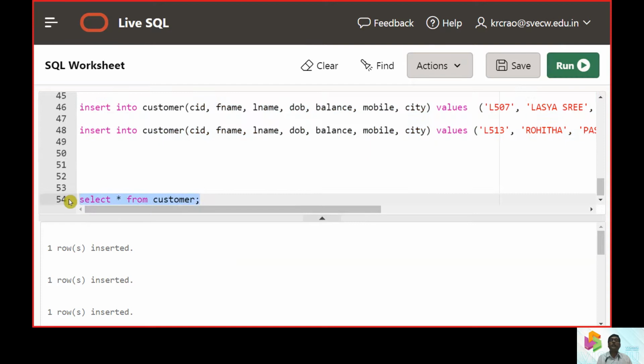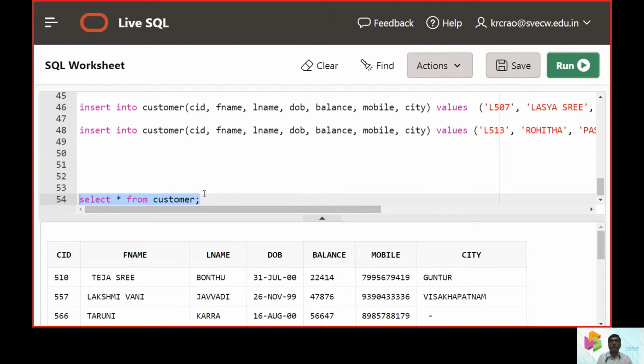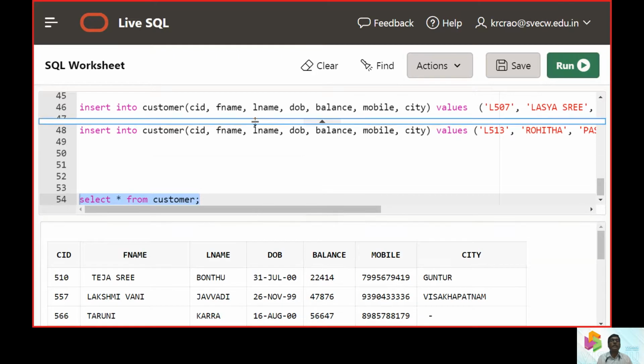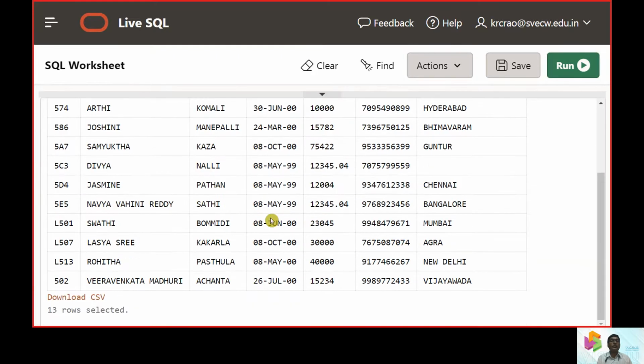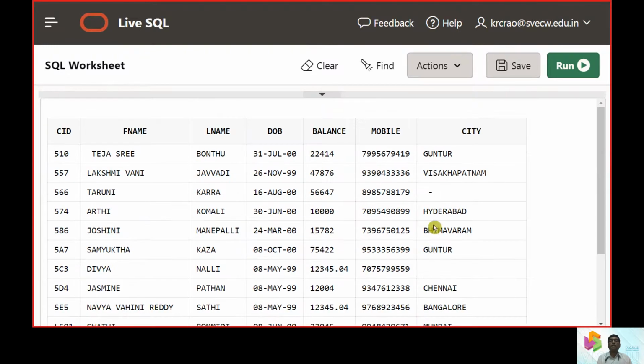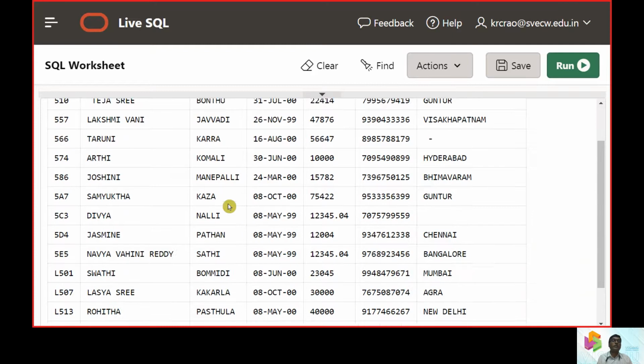Now we will hit on the customer table to understand whether the attributes mentioned were originally there or not. So now you can see that there are some missing values. We intentionally gave those missing values to have some corrections or query processing items.